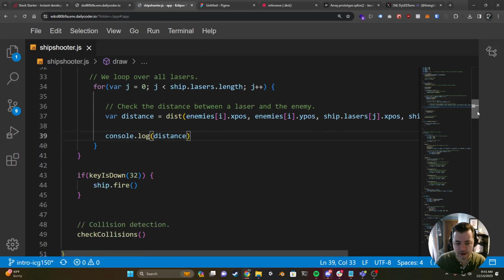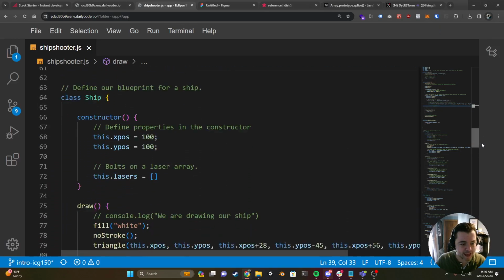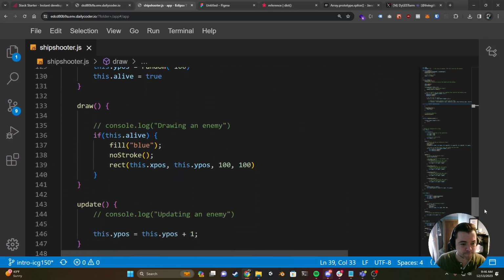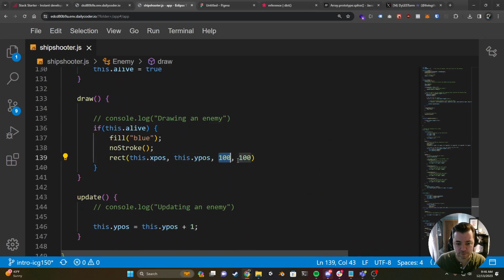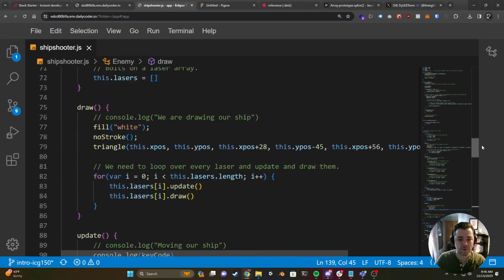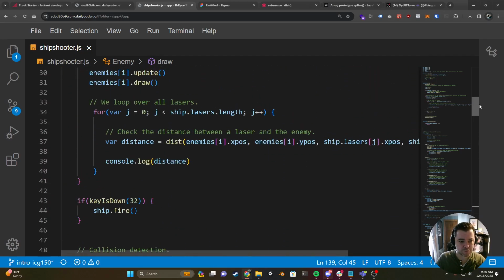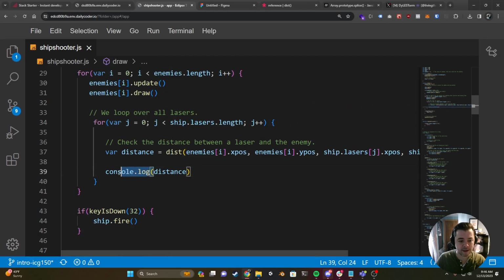The width of our enemy, if we go down to our enemy's class, we hard-coded this as 100. So our enemies are 100 by 100. Now we're going to probably have to modify this in the next part of this when we drop in our assets. But let's go ahead and go back up to our draw method here, and we're going to say, hey,